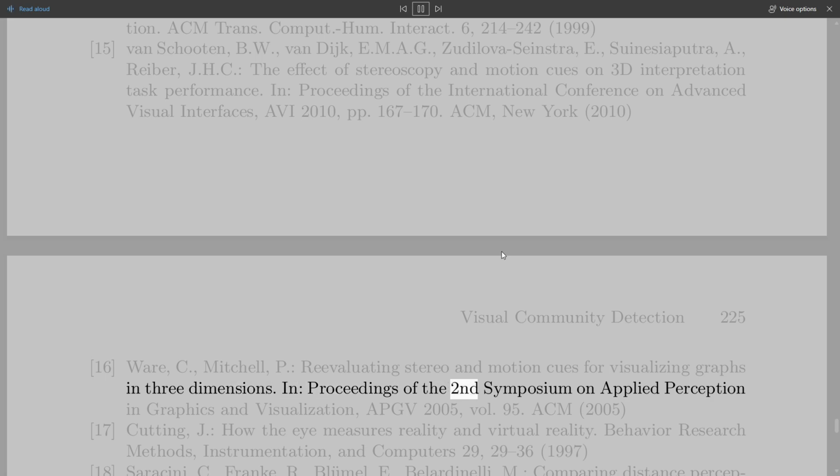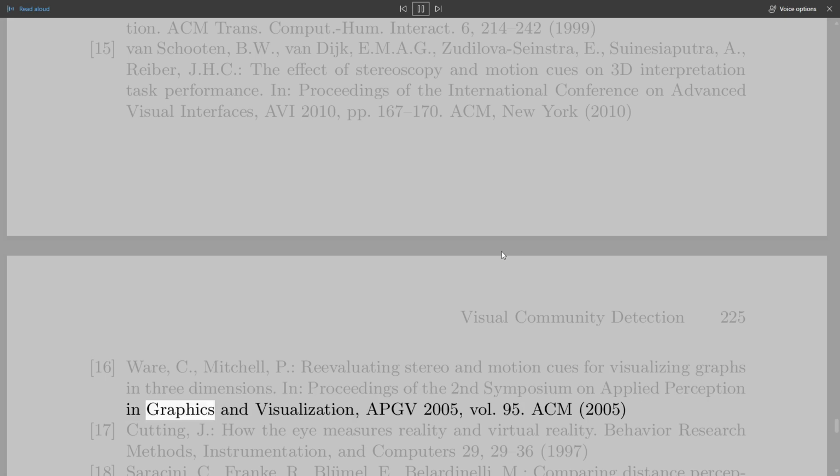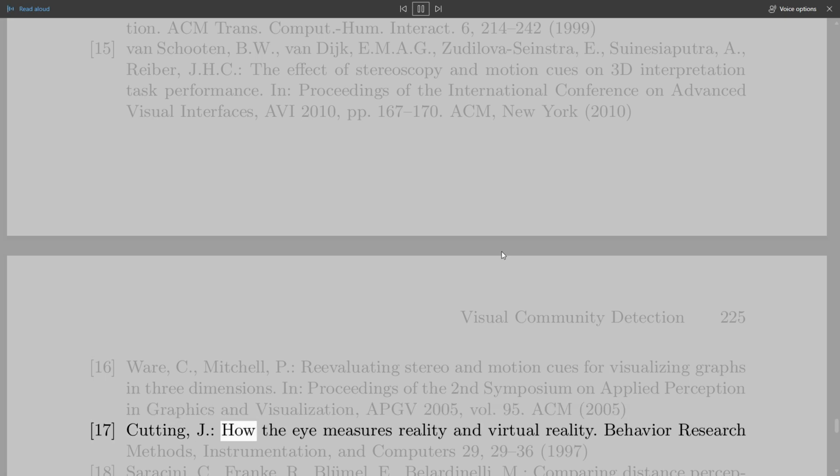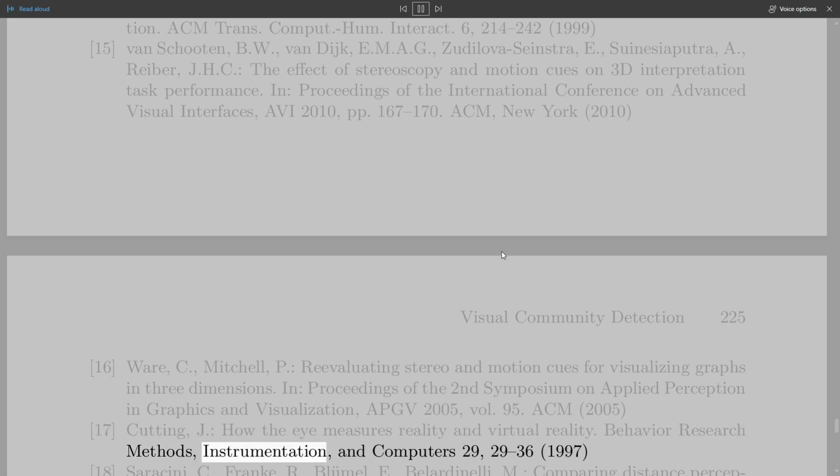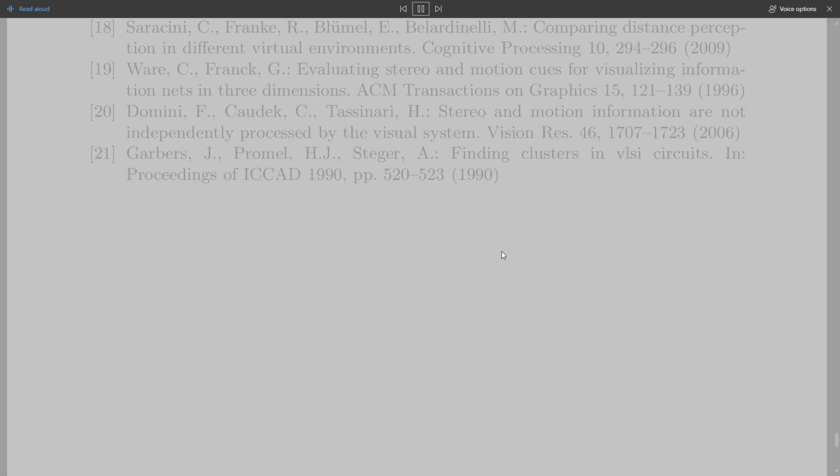In Proceedings of the Second Symposium on Applied Perception in Graphics and Visualization, APGV 2005, Volume 95. ACM 2005. 17. Cutting, J. How the Eye Measures Reality and Virtual Reality. Behavior Research Methods, Instruments, and Computers 29, 29 to 36, 1997. 18. Saracini, C., Franke, R., Belardinelli, M. Comparing Distance Perception in Different Virtual Environments. Cognitive Processing 10,